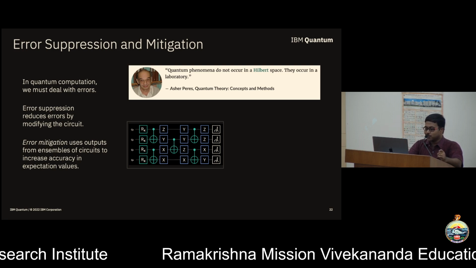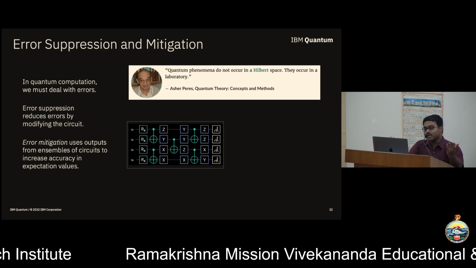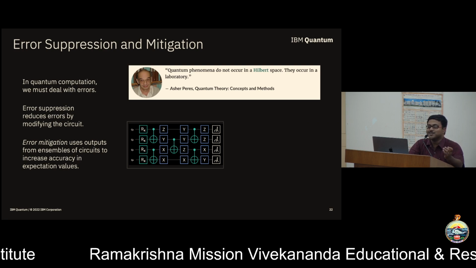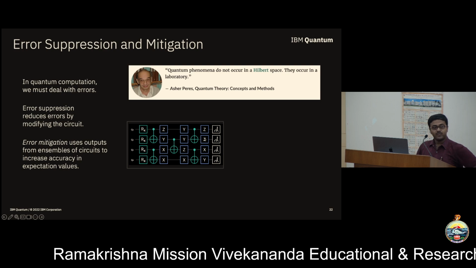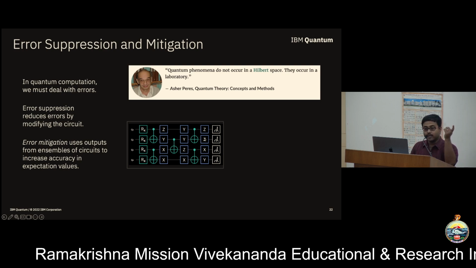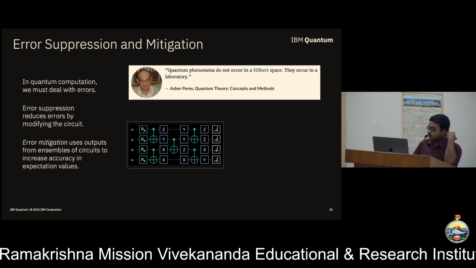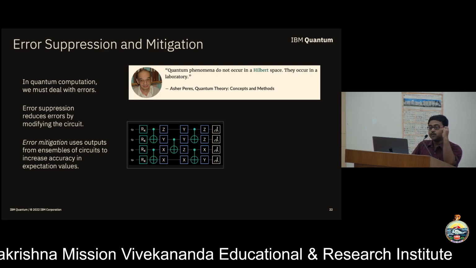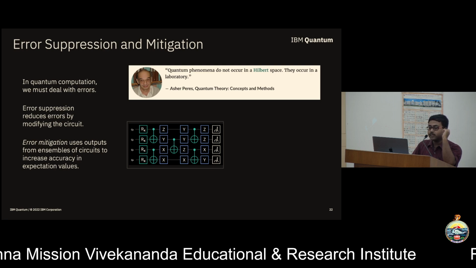So yesterday I was talking with my manager that, oh, we have these things now. And he was like, yeah, we have these things in theory, but it doesn't work in practice. So yeah, we need to deal with errors. Ideally, we want to go to error correction, but we are still not there yet. We will hopefully be there by 2029. What we have now is something called error mitigation. So what really is error mitigation?